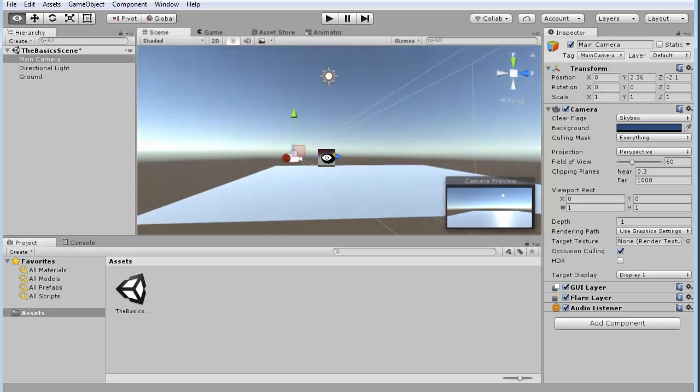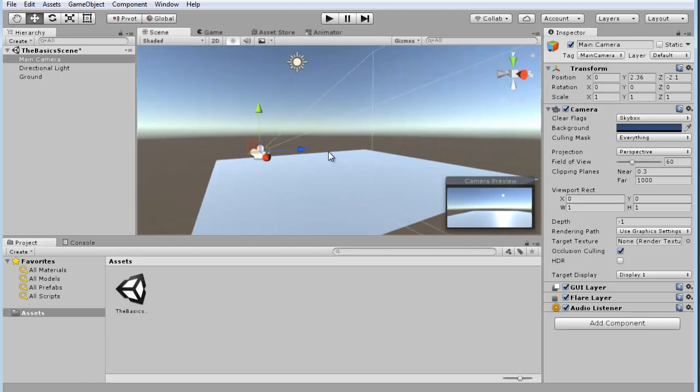So one thing you have to realize is in Unity, the measurement system is in meters. So in other words, 2 meters would represent about 6 feet. So you have to decide how high you want this camera to be, and you can see over here in the inspector that it gives you an idea. Right now it's 2.1. I'll just type in 2 in the Y direction, and that puts it roughly 6 feet